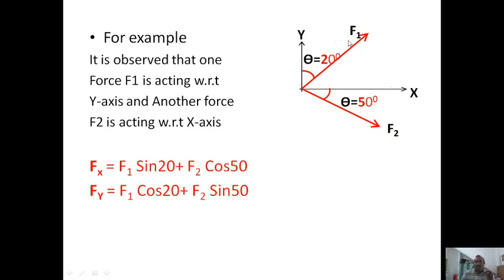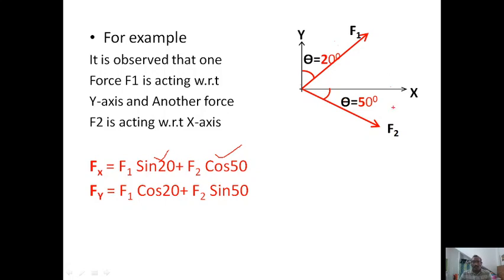in general, these are the problems generally posed to students in examinations or for practice, where theta is given for different axes, like for the x-axis 50 degrees given, for the y-axis 20 degrees given. Now, in every formula of f of x and f of y, you get the sine and cos. In this figure, f1 is multiplied with sine theta and f2 is multiplied with cos theta. So every time you have to check whether it is sine or cos.